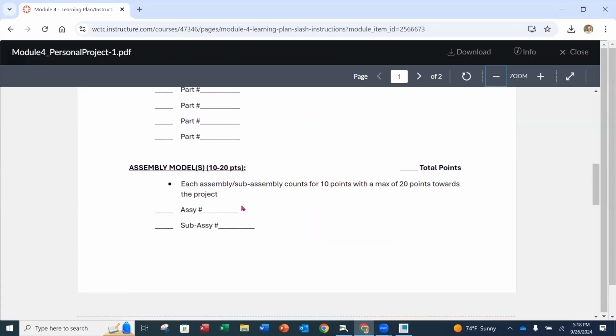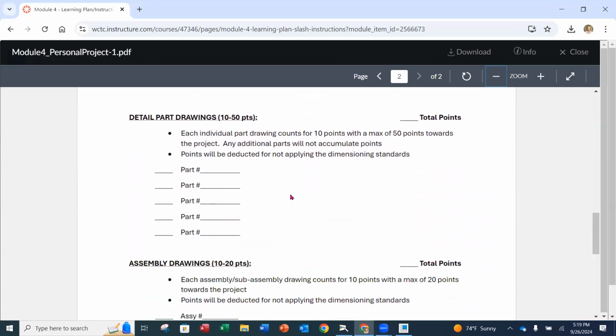Then there's assembly models. Okay, if it's a small assembly that you're creating, this would be applicable. So you'd have to create a small assembly, or one assembly, or maybe an assembly with a sub-assembly. So you can get as many as 20 points here, but 10 points per assembly model. Then there's detailed part